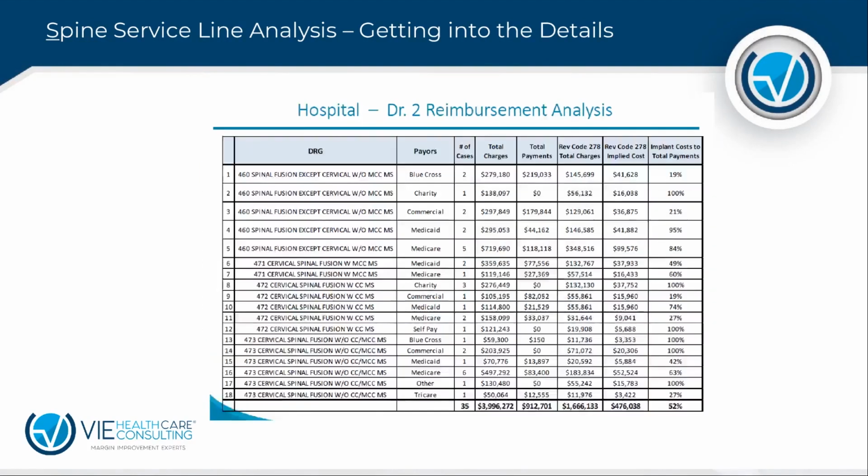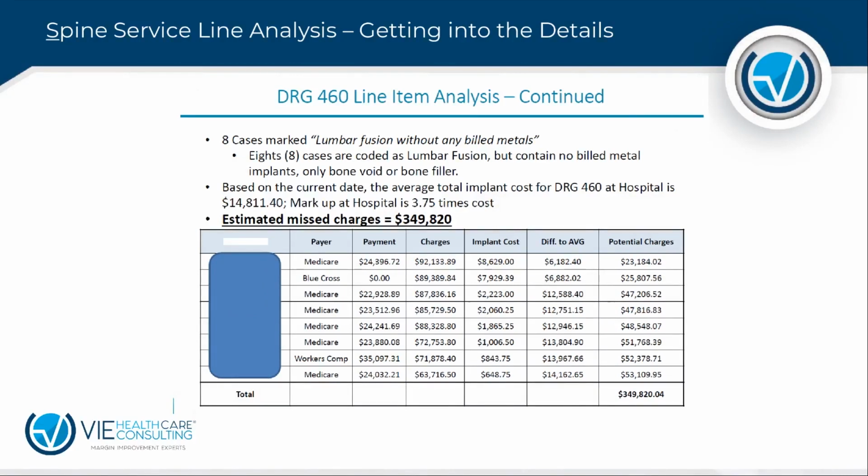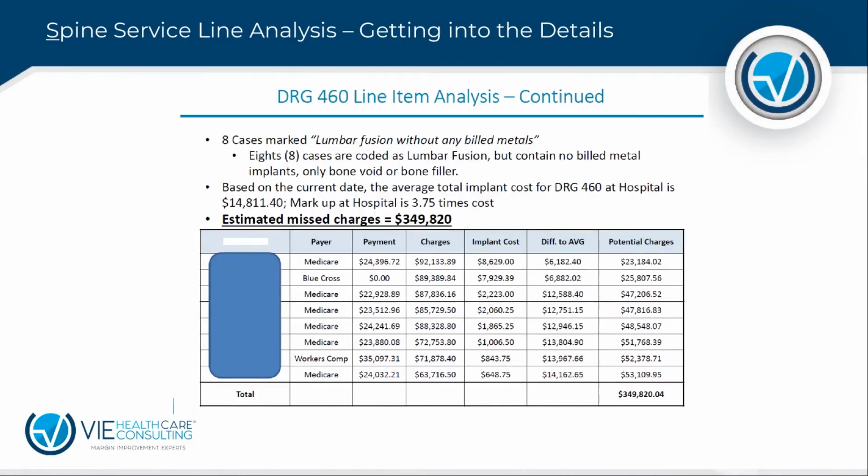And then also just understand any charge capture issue. This is a second physician, again, just showing the different areas that we review. And then we break down into this, based on the physician, what is the total, again, side-by-side, Medicare payer. This is the DRG 460 analysis. So just really diving into and making sure that they're cost aware is not only the cost, but also the reimbursement side as well. And mapping cost to reimbursement gives you the opportunity to have different conversations,